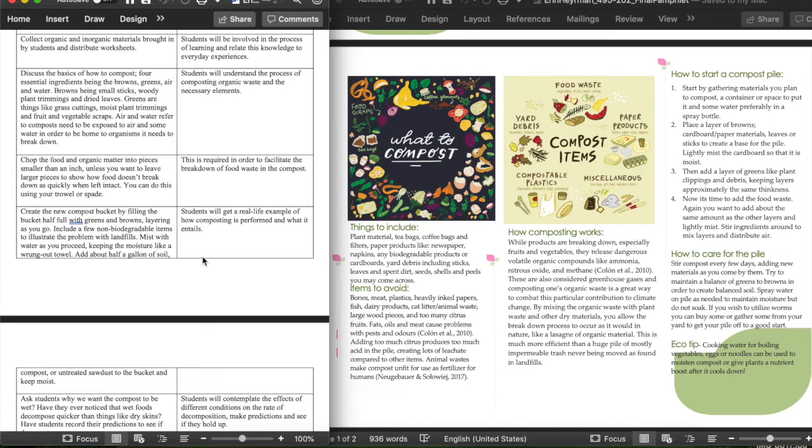As you go, you can mist it if you have a mister, but you can also just drizzle it lightly with water to make sure the mixture is staying moist as you go. And then after this part,